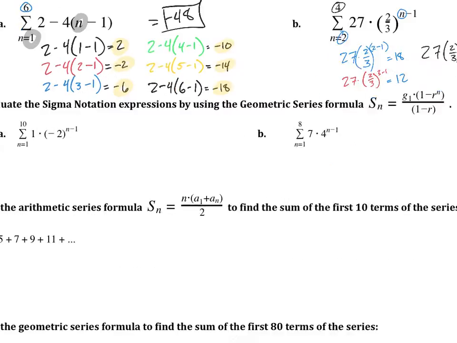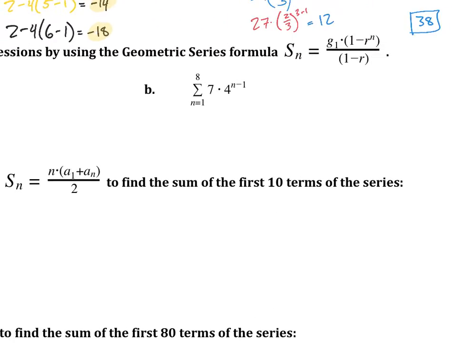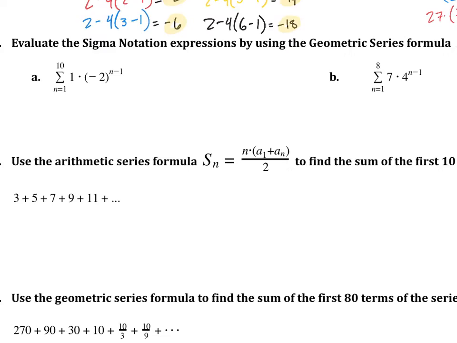Okay, the next one, say we're using the geometric series formula. It's written right here. So we need to identify what G1 is. We need to find R, and we need to find N. And G1 is going to be the first term, and that's always written like that right there. So G1 is 1 in this problem. R is the thing that has the exponent on it, so R is -2. And then N is the number of terms that we're adding together. And so if we're adding steps 1, 2, 3, 4, 5, 6, 7, 8, 9, and 10, that's 10 numbers